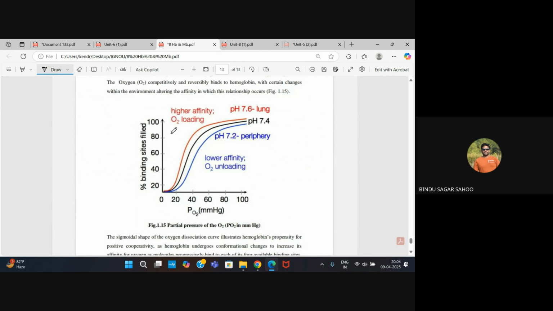Here there is a graph of Bohr's effect. Binding site versus partial pressure of oxygen. If the partial pressure of oxygen increases, that means the concentration increases, then the binding tendency will also increase. Okay, and it is representing two curves. Particularly, we can see here this red curve is representing pH 7.6, this black curve is representing pH 7.4, and this blue curve is representing pH 7.2. In all cases, if you increase the partial pressure of oxygen, that means simply the oxygen